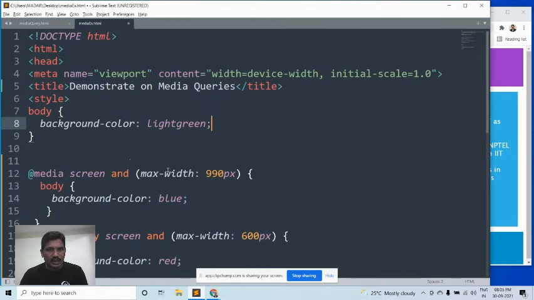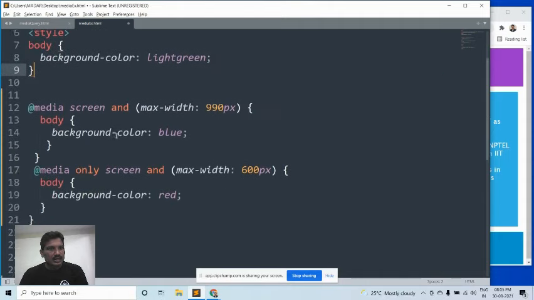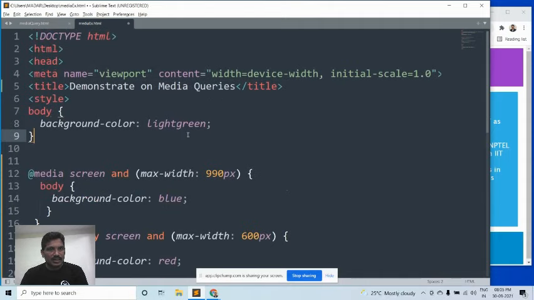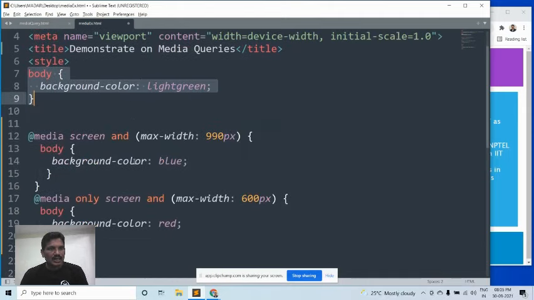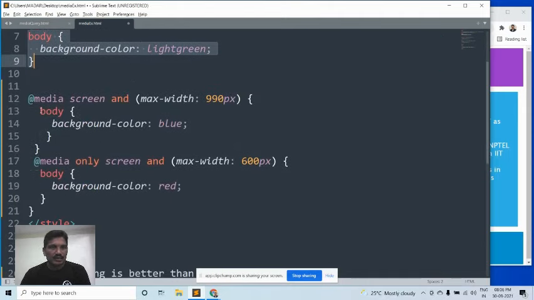Here, to demonstrate media queries, a simple light green background color has been applied to the page. Then @media screen, the entire screen, and a condition. What is meant by a media query?